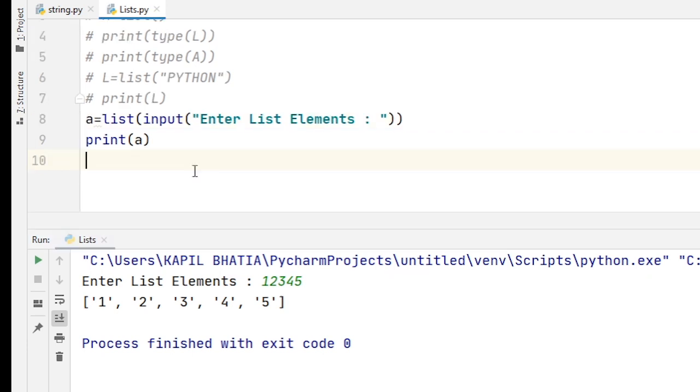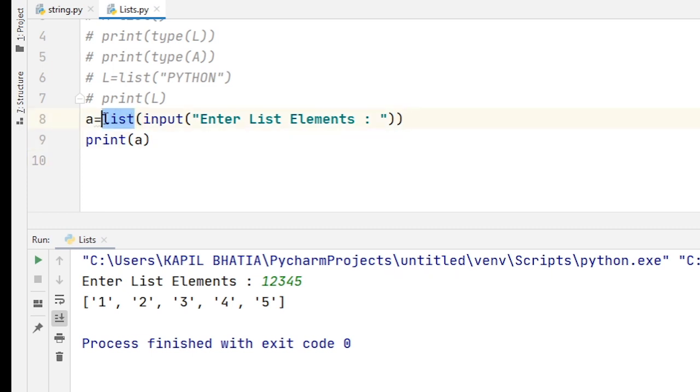As I told you, with the help of the eval method, you can enter a list of integers through the keyboard. But what exactly is eval? Eval is a built-in function of Python, and with the help of the eval method, you can input anything. It comes from the word evaluate. Here I show you some examples so that you can better understand how to use the eval method in our program.